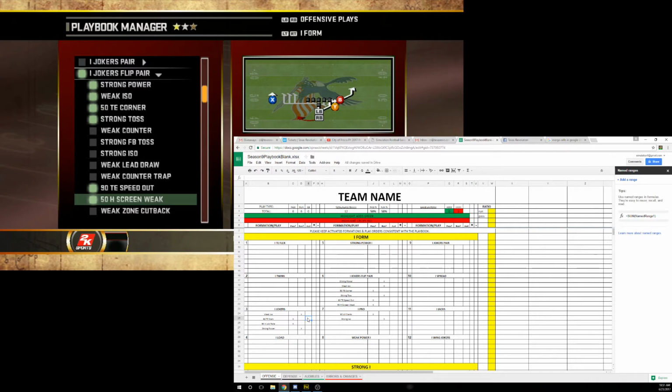So you could actually mark your audibles here, as I suggested, if you would prefer, by again marking them with an X. Let's say strong power is your ISO play. Now I've got 3 audibles. You should have 3 audibles for each play. So in case you're unaware,